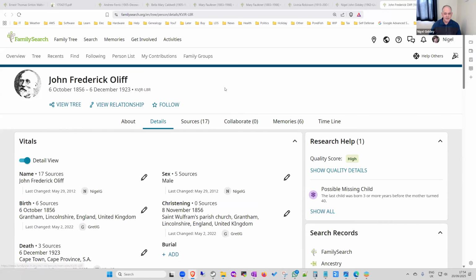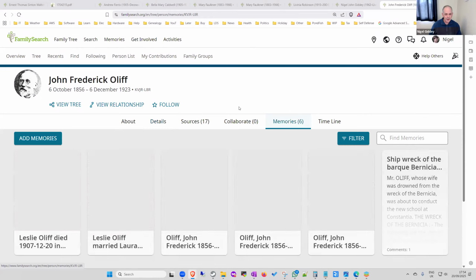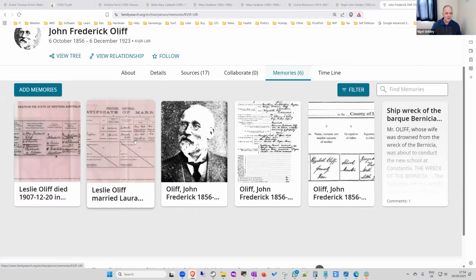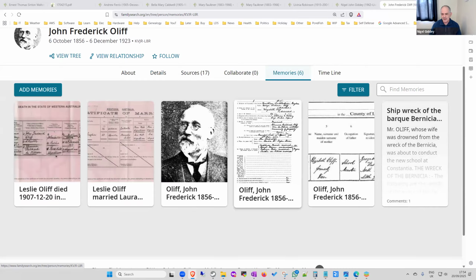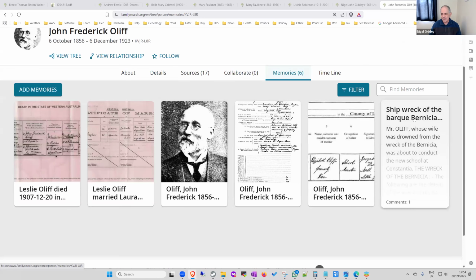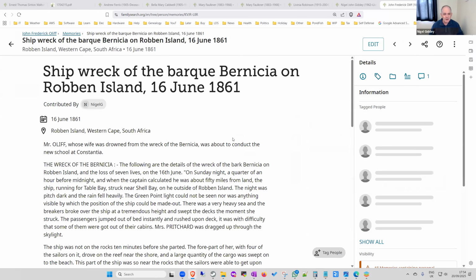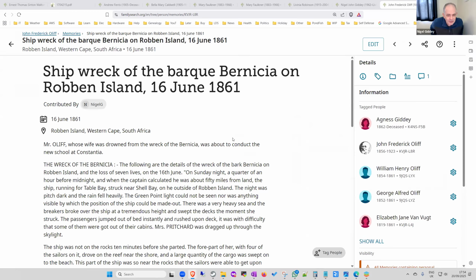So under memories, this is a picture that I took from a book of his. I've got a marriage certificate, a birth certificate, this is in South Africa, and a death certificate. But what I've also attached is a story, and this came out of a newspaper because he was shipwrecked off Robben Island, and half the ship